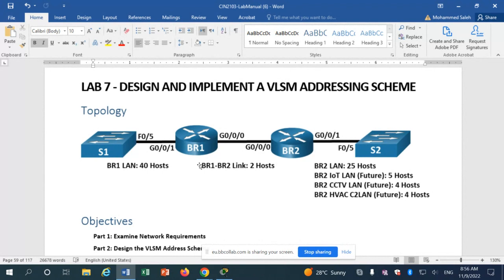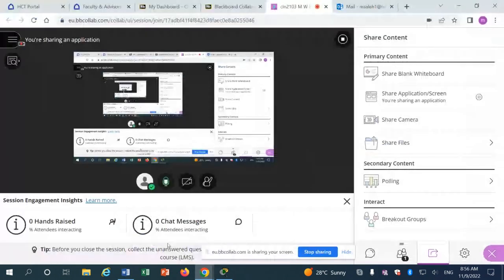After the break, we will just configure these IP addresses on the router. Okay? Any